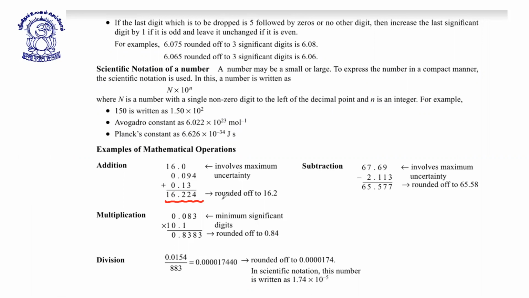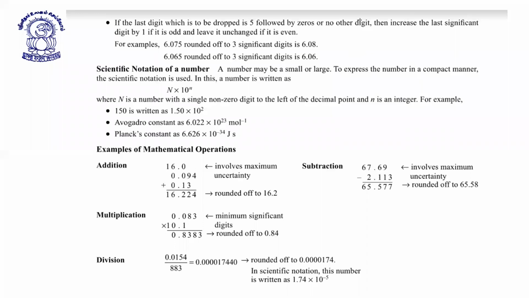And the number of significant figures will be 3 for this because you have to take the least one, and it is rounded up to 16.2. So number of significant figures for this is 3. So you have to round off up to 16.2, as the 24 is uncertain. So we'll write only 16.2 as accurate. So this is called manipulation of mathematical calculations in case of addition.